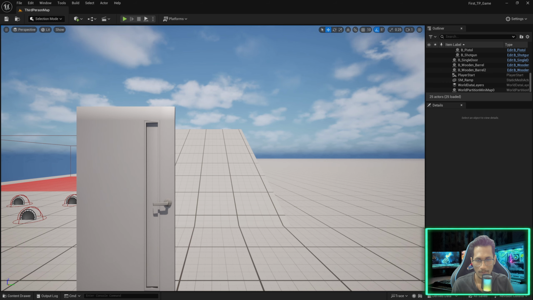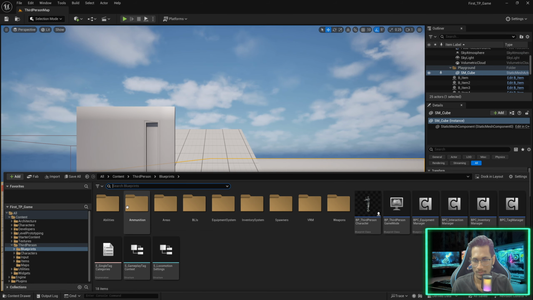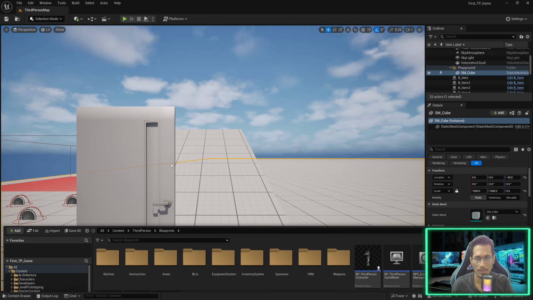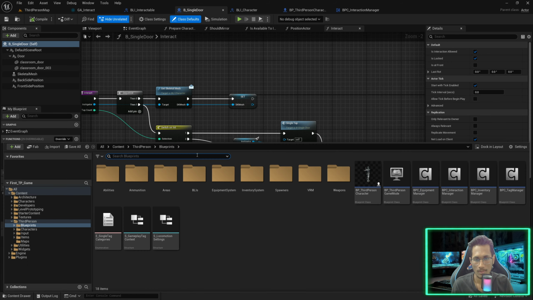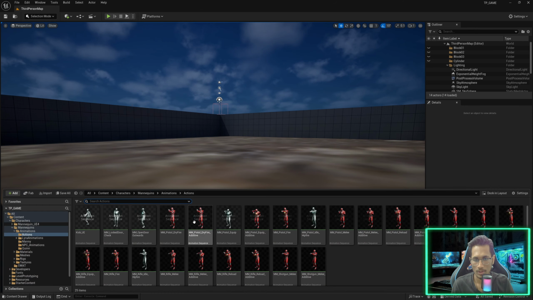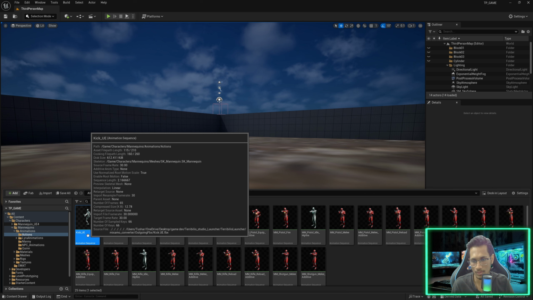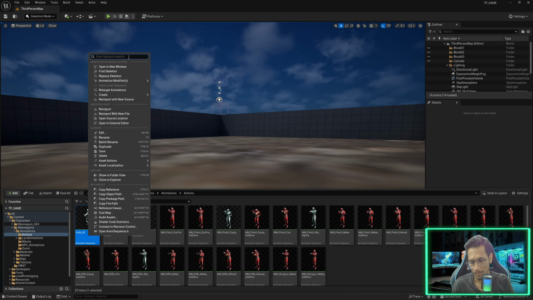All right, so let's quickly implement double tap. We are reaching the time limit. So let's open the door blueprints. Here we will add the double tap logic. So just go to the project that is available on Discord under content, character, mannequin animations and actions. You will find kick UE animation. You can migrate it